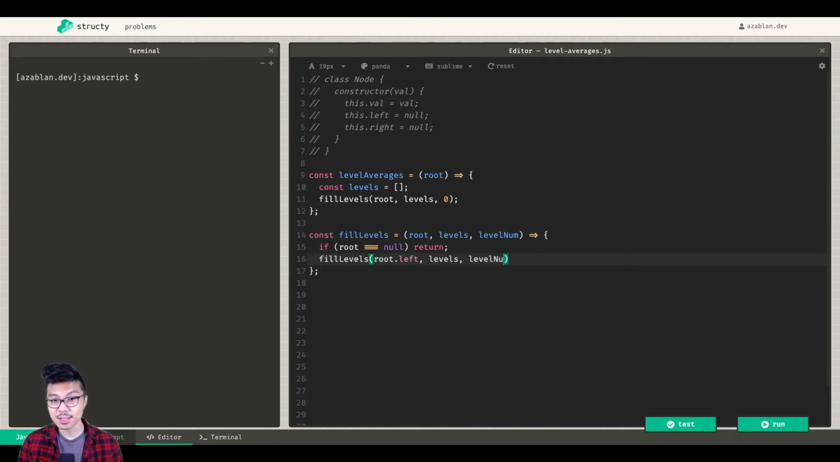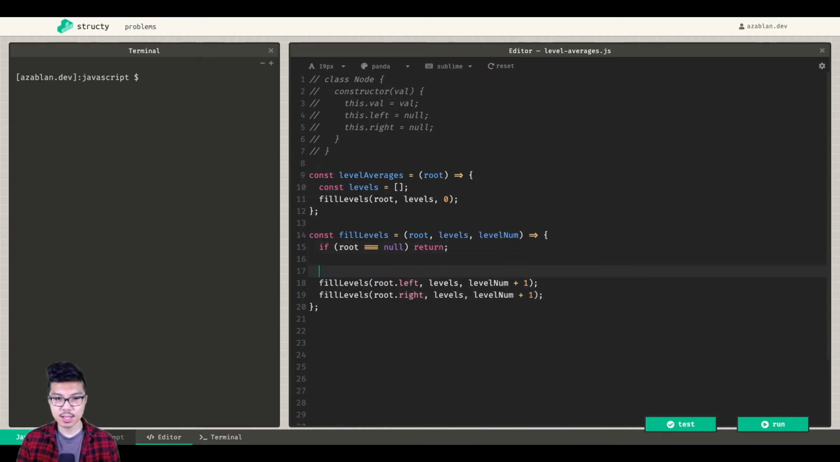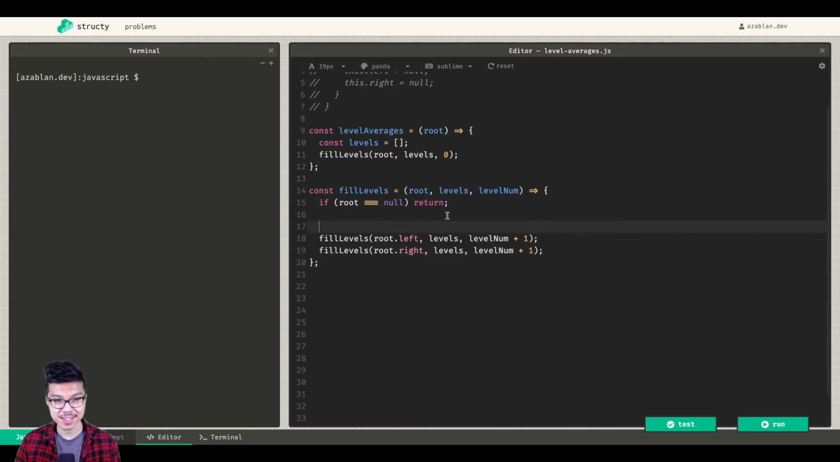How do you know the level number of your child? Well, if your parent has level n, then your child has n plus 1. So just increase it by 1 here. And you know that both children, because they're siblings, would have the same level, right? Just like this. So that gives me the nice recursion, but the whole point was to actually add stuff into